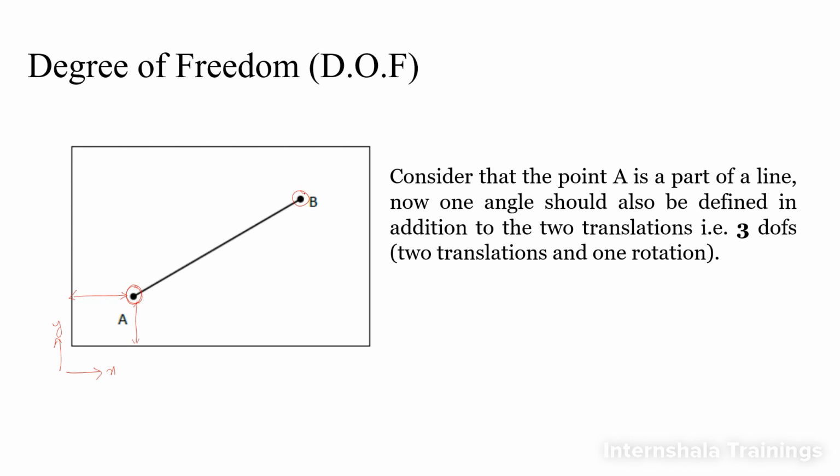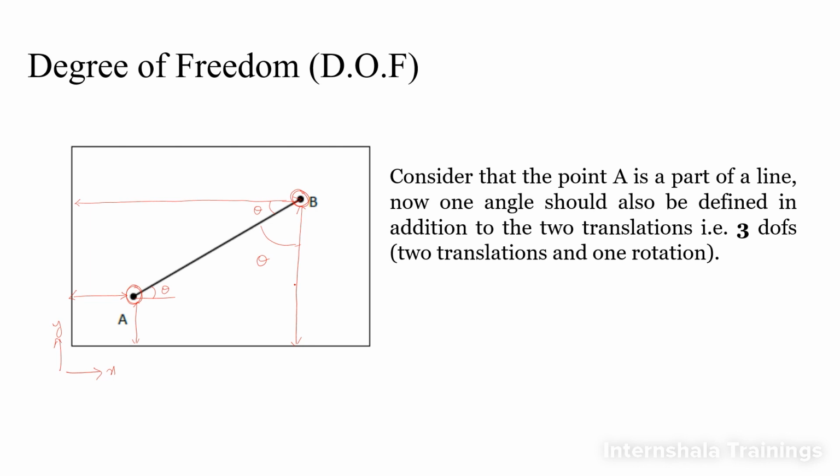Now I want to define the position of B. For that purpose, I need to rotate this particular line about the x-axis. So this is nothing but theta, which will become the third dimension. Or let us say I want to define the position of B first and then define the position of A. Then I will define the distance between the y-axis and point B and the x-axis and point B. Then with respect to the x-axis, or let us say with respect to the y-axis, I will create a theta.